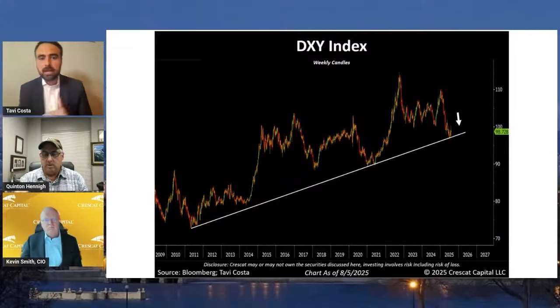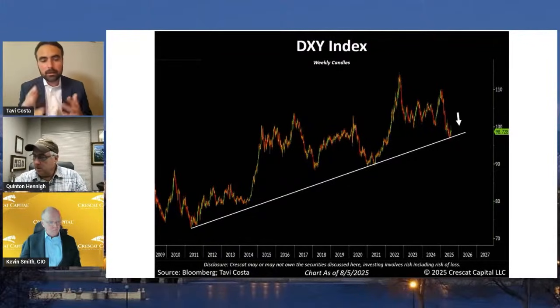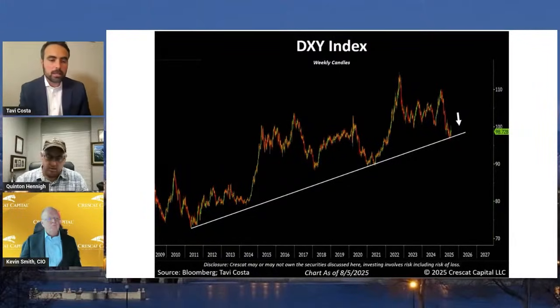Now, when you see the flip side of that, what I'm trying to make the case for here is that we might be entering a multi-year decline of the DXY index, or the dollar versus other fiat currencies, not just the dollar versus hard assets. That's one side of that issue. And I do think that's going to become a policy, not even a market mechanism, a kind of escape valve, as we may say.